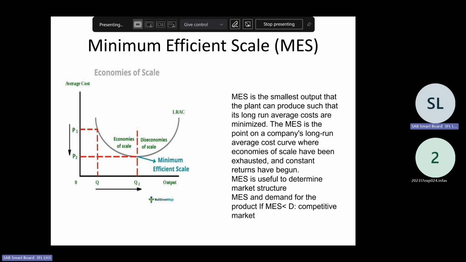So it can be useful to determine the market structures, the competition in the market, comparing with the market demand. If Q2 is very low, Q2 meaning minimum efficient scale, that means there are small firms operating in the market relative to the market demand. There are a number of firms, so when the number of firms increases in the market, that increases the competition in the market. If very few firms operate,